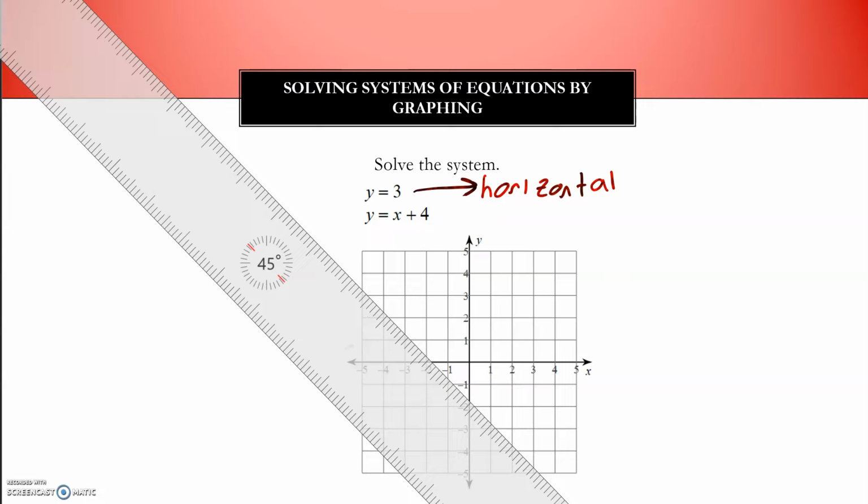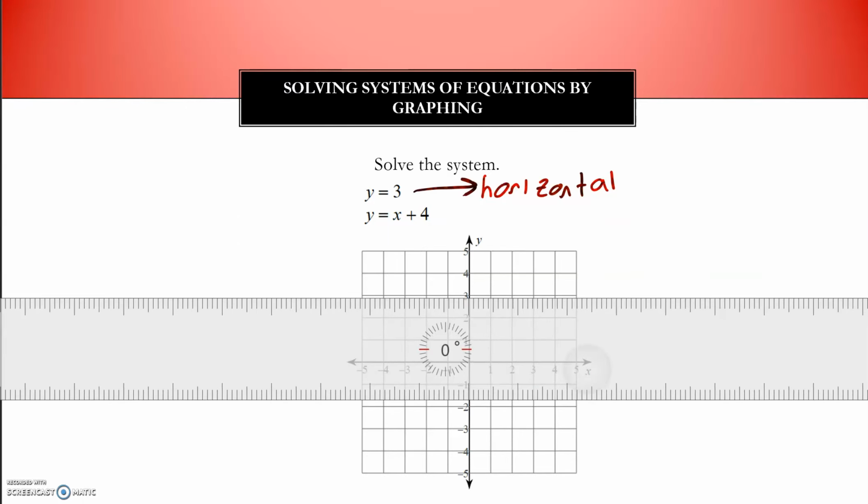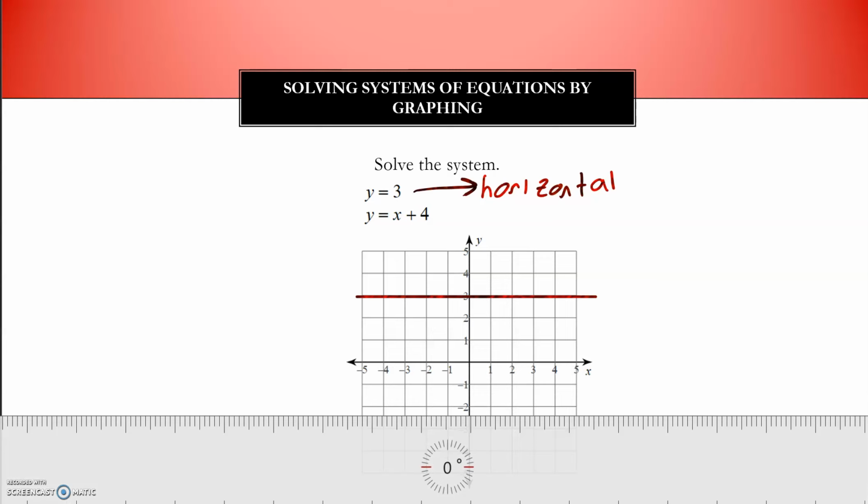Because all I'm telling you and all I care about is that y is 3. I don't really care what x is. X could be anything. X could be everything. X could be nothing. I don't care. All I care about is the collection of ordered pairs where y is equal to 3. That's a horizontal line. We'll do the other one in